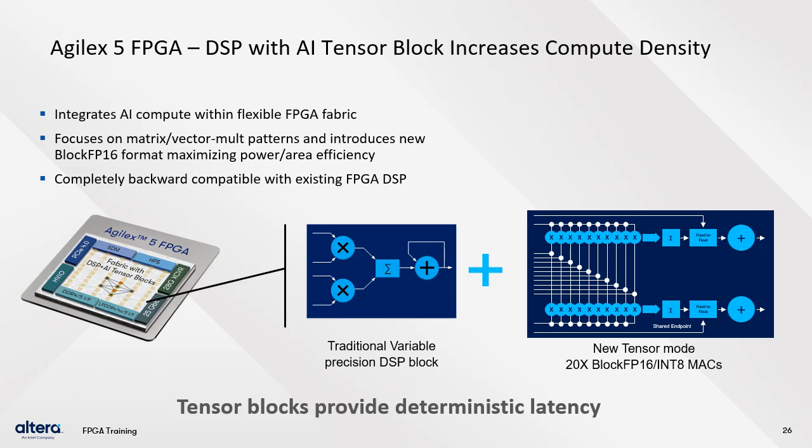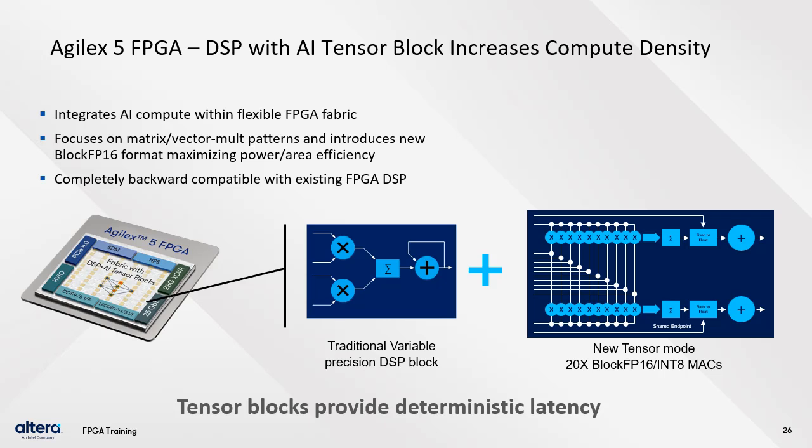One, it has been designed specifically to focus on efficient data movement patterns like computational patterns relevant to matrix and vector multiplication workloads. It does efficient functions like convolution and linear regressions commonly used in AI. Two, a new block floating point numerical format is introduced, block FP16, and it can be configured to support INT8 also. This allows for maintaining the flexibility of floating point formats while maximizing the power and area efficiency of the